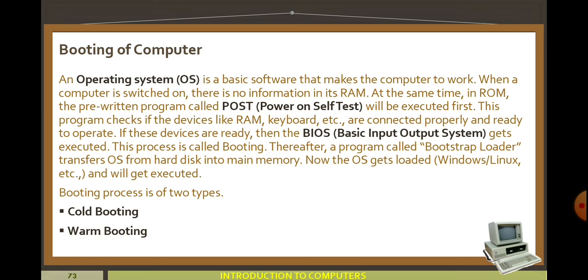So what is going on at booting time? It just checks that all the connected peripheral devices as well as software are ready to work. If these devices are ready, then the BIOS, Basic Input Output System, gets executed. This process is called booting. Okay, so the process of checking whether hardware and software are ready to work is known as booting.